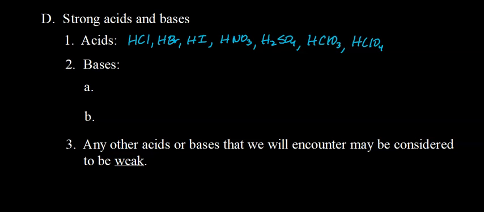Also need to know the strong bases. So a couple different examples of strong bases. Letter A, the group 1 hydroxides, so lithium hydroxide, sodium hydroxide, potassium hydroxide, rubidium hydroxide, cesium hydroxide, and francium hydroxide. All of those are strong bases. They all dissociate completely. And then some of the group 2